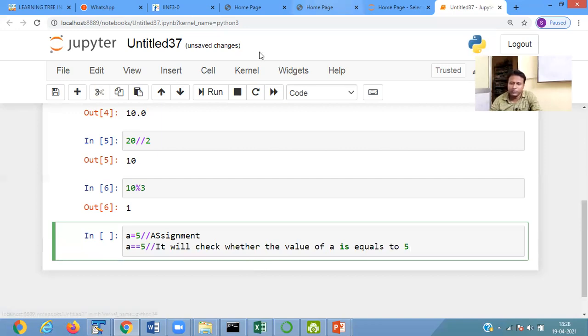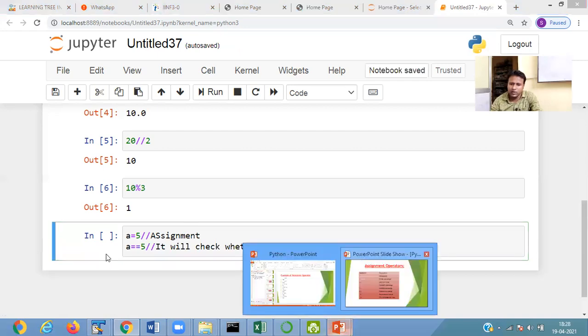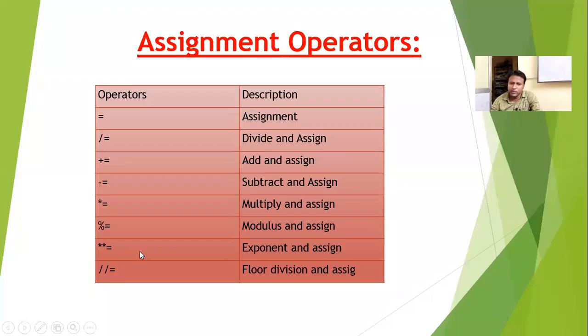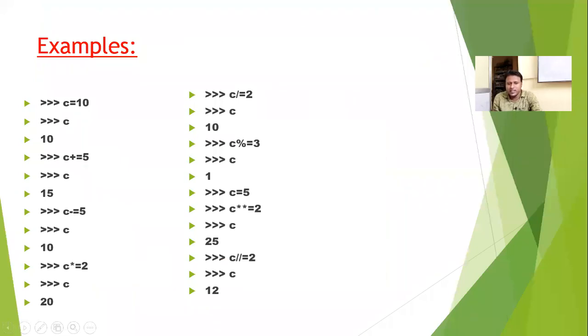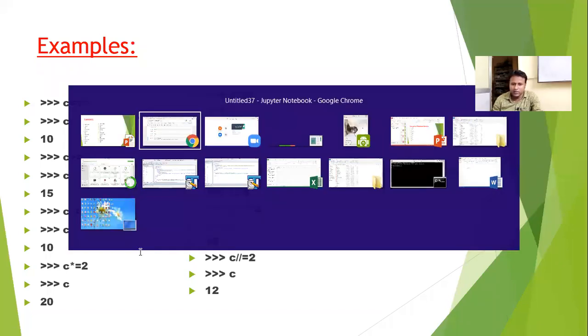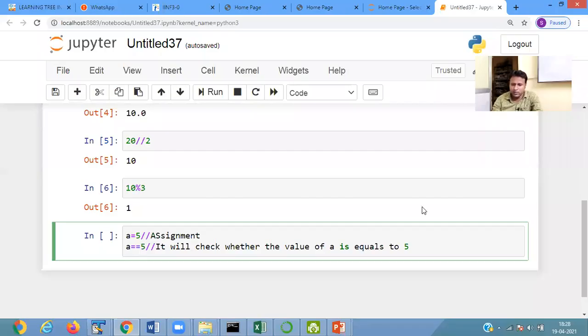Now it is a exponent equals to, now we go for the example, c is equals to 10. Okay, now c plus equals to 5, right?